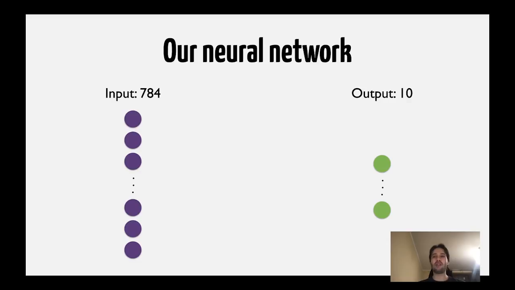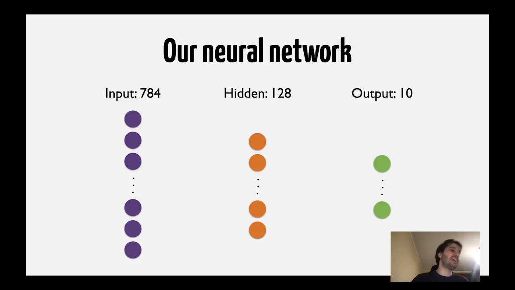But if we do that, our neural network is probably not going to be able to learn anything at all, okay? So what we usually do is that we have hidden layers. So what we are going to add is a hidden layer of 128 units. And José, why 128? It's because a lot of people play with this data set, and we know that 128